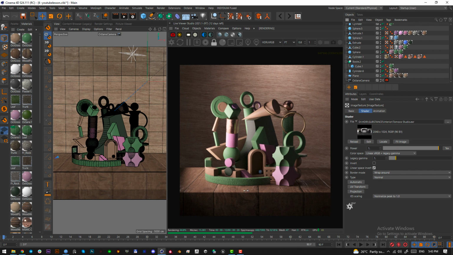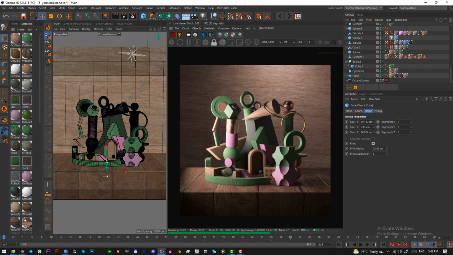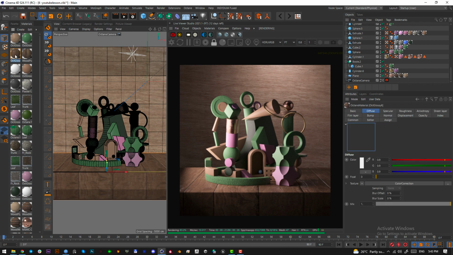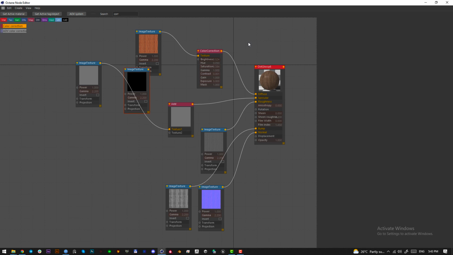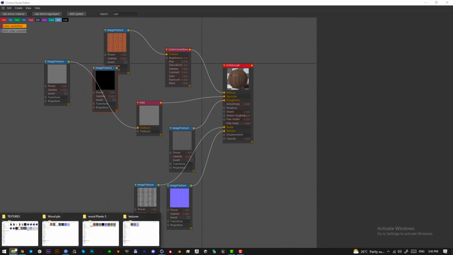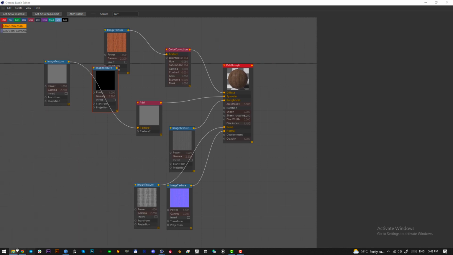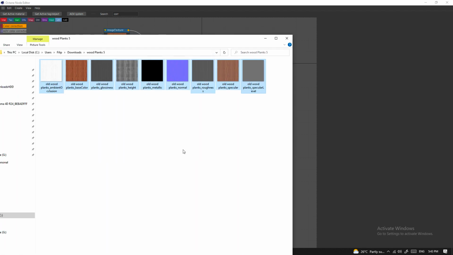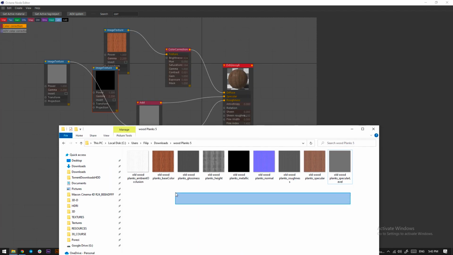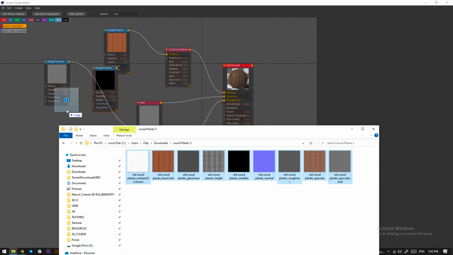So in order for you guys to set up the materials you have downloaded correctly, let me show you how it's done. So for the ground here, the table, we want to add the wooden material to it. So just create an Octane material, and once you do that, essentially what you should do is this. So we have downloaded the files from the web, and the wood planks, these are the files that you got. So just create an Octane material, select all of these, drag and drop them into the Octane node editor,